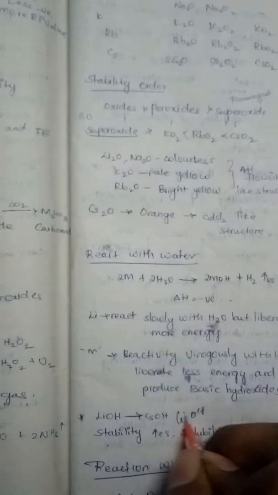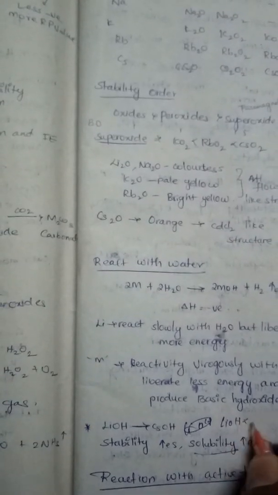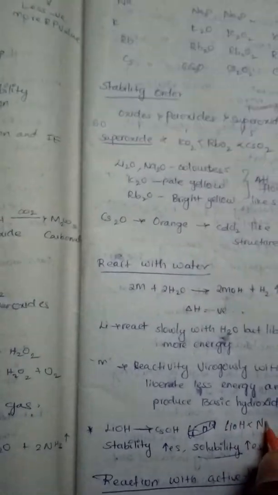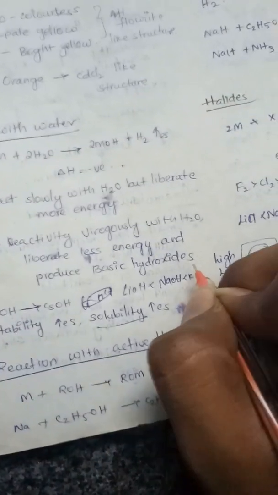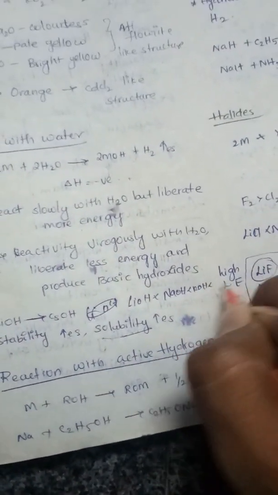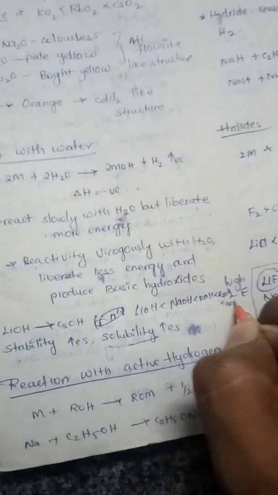That is, LiOH less than NaOH less than KOH less than RbOH less than CsOH. Okay. Stability and solubility order. Next, reaction with